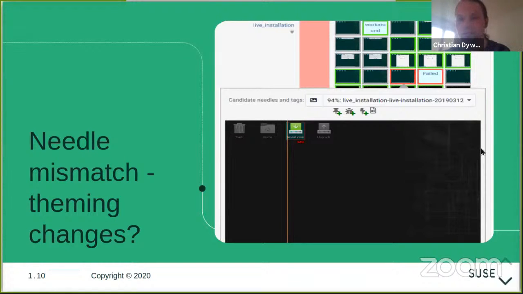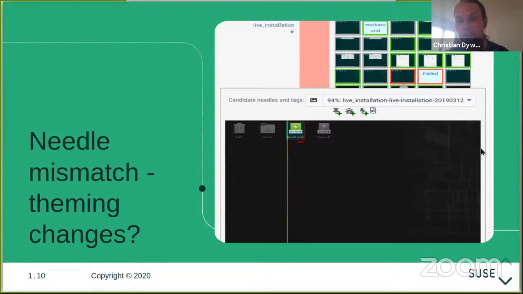And in some cases, there might be a minor change, and the screenshot will still be considered to be the same as the expected one. You can also see it's a 94% match in this case, but it's not enough to suggest that it's the same screenshot, which means the test fails